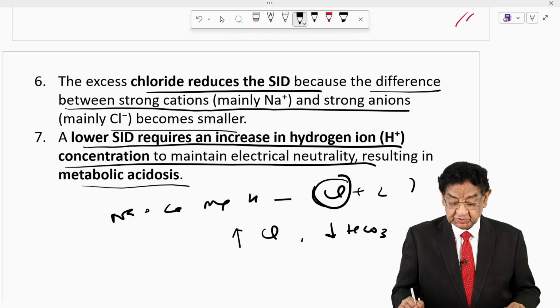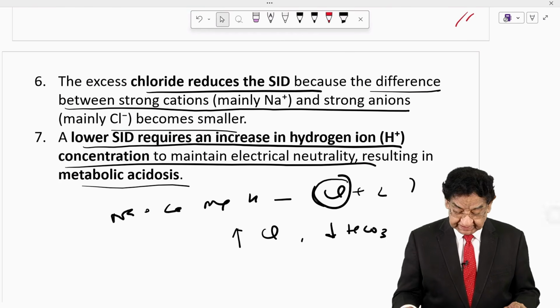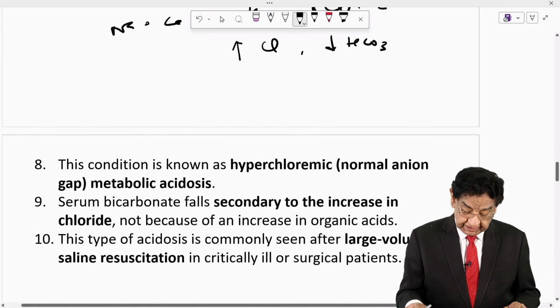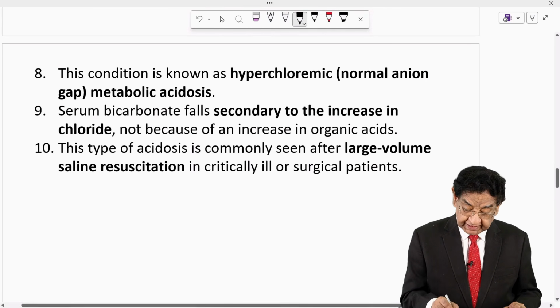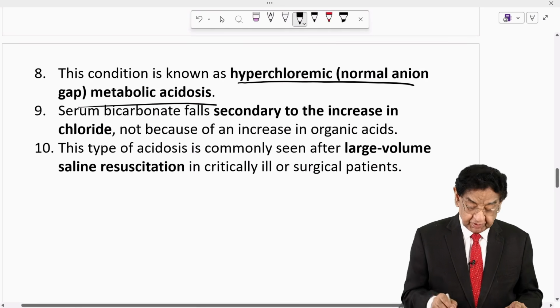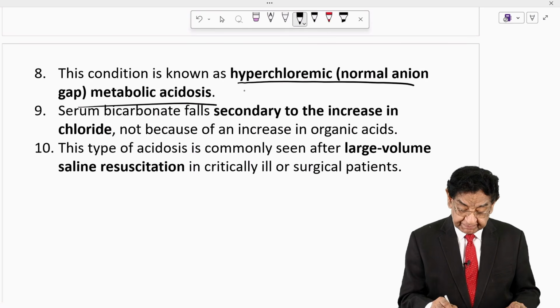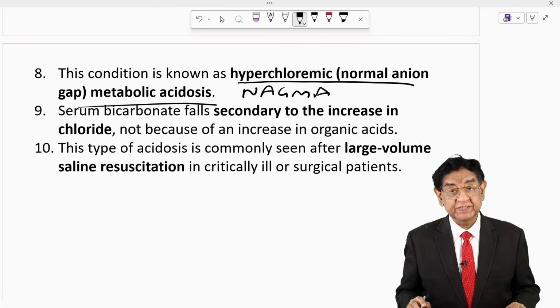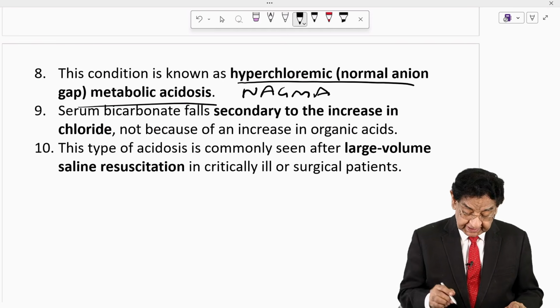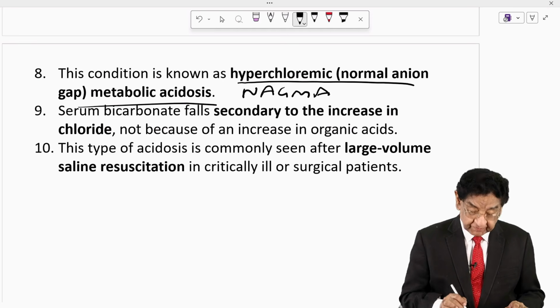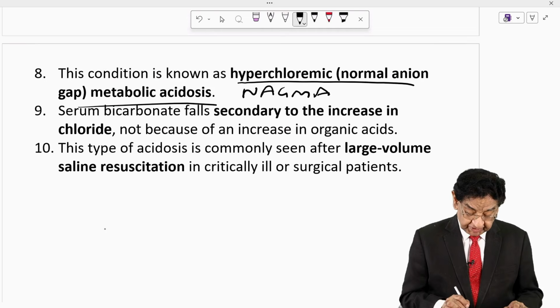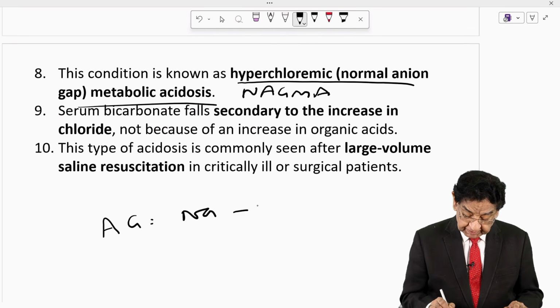Okay. So increased chloride leads to what? Hyperchloremic metabolic acidosis. This condition is known as hyperchloremic metabolic acidosis, so-called normal anion gap metabolic acidosis. Again, to make your concept very clear, when we talk about anion gap, it is sodium minus chloride